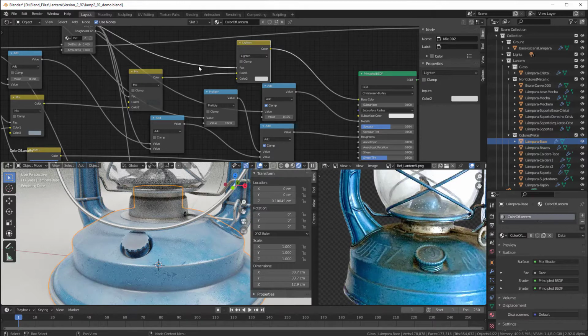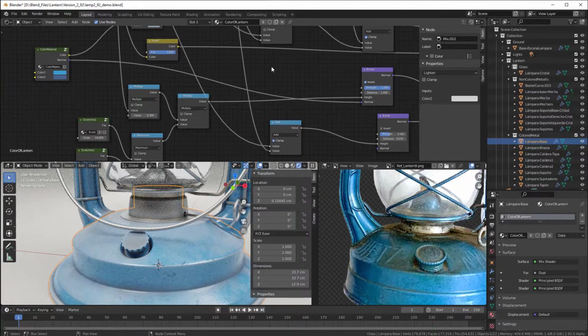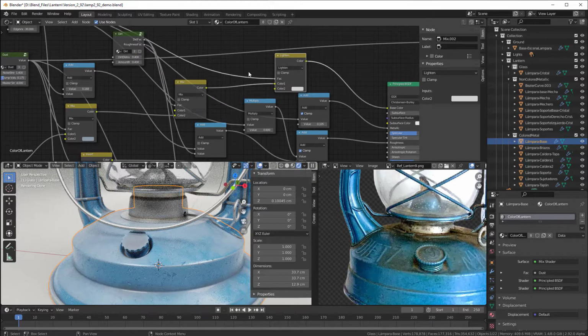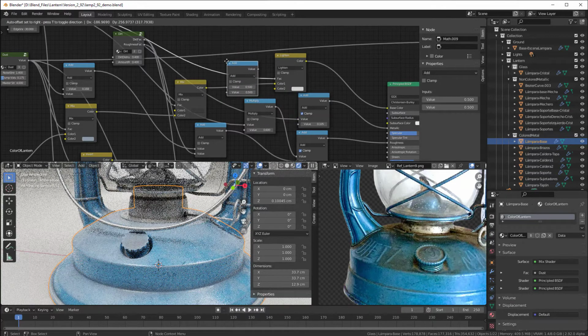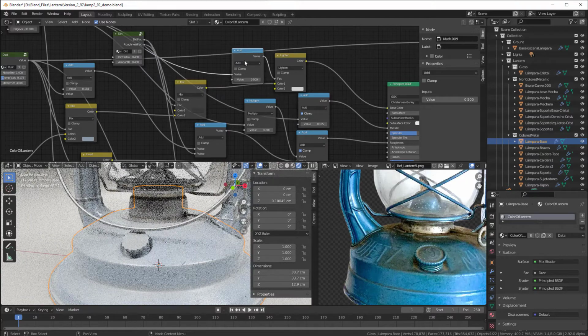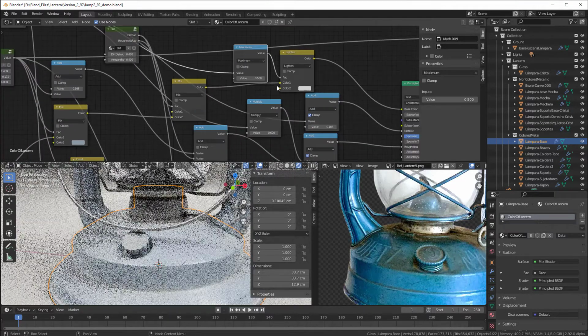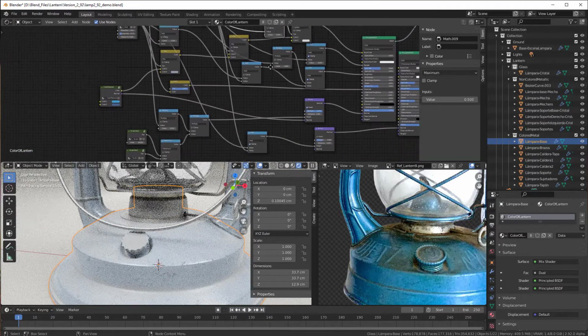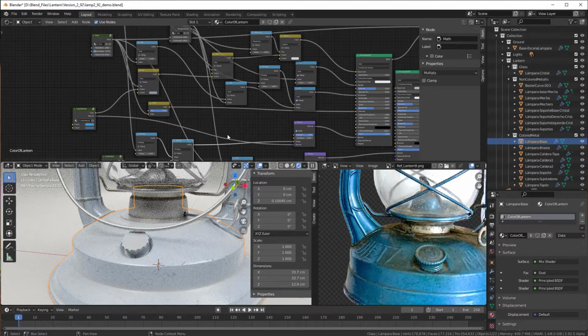Then we take the max value from the edges or the max value from the scratches and combine that into the factor here. So I just press Shift A again, converter, math, put that to the right line here, change this into maximum, and then we drag it from the result that we got here into the